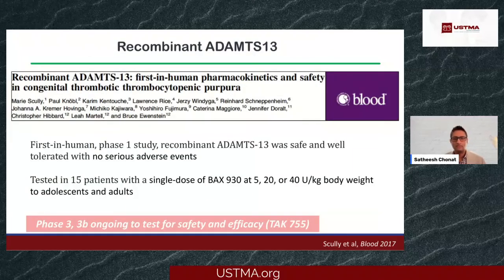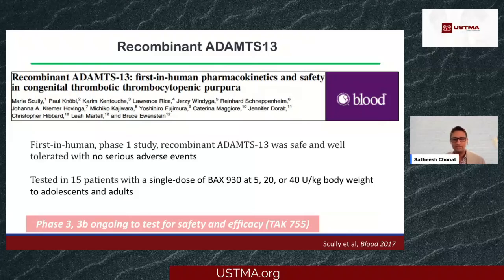Recombinant ADAMTS13, the manufactured protein that is artificially made, is actually going through exciting clinical trials. The phase 1 study, as you may know from several COVID vaccine studies, is primarily done to see, one, is it safe, and two, is it well tolerated? What I'm showing here is the data from 2017, where they injected one dose of different doses to